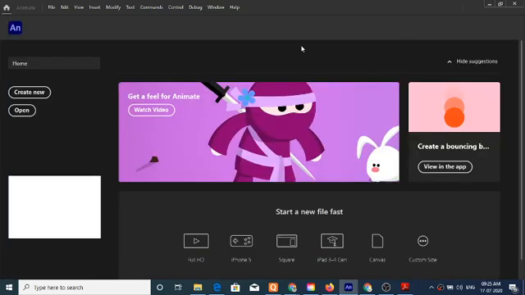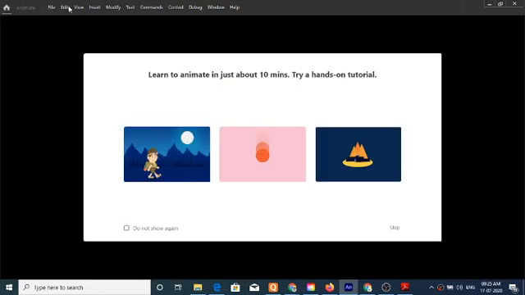Now, look like this: create new, open, and file menus, edit menus, view menus, insert menu, modify, text, command, control, debug, window, and help.